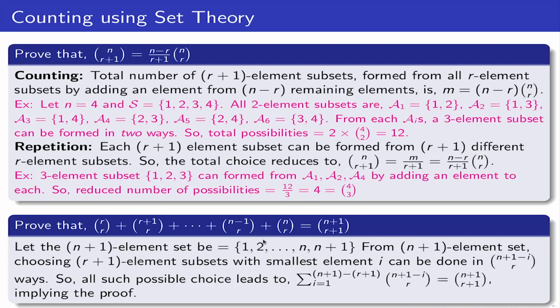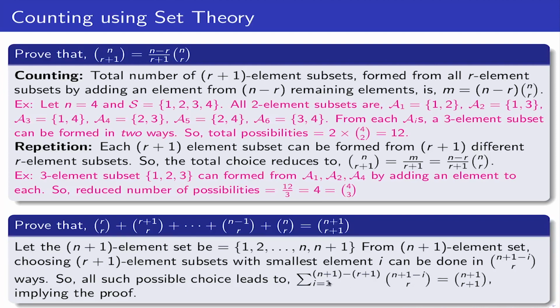So the smallest element equals 1, 2, up to a position where we are remaining with only R plus 1 elements including that smallest. So it is up to a position which is n plus 1 minus (R plus 1). So we have R plus 1 elements only. So we cannot go beyond that to find another smallest. So therefore the number of possibilities is this many ways when your smallest element is I, and your smallest element can range from 1, 2 up to this. So these are the number of possibilities which will equal choosing R plus 1 elements from n plus 1, because there are no other ways possible.